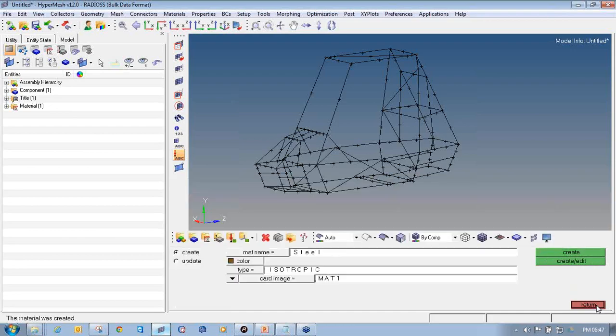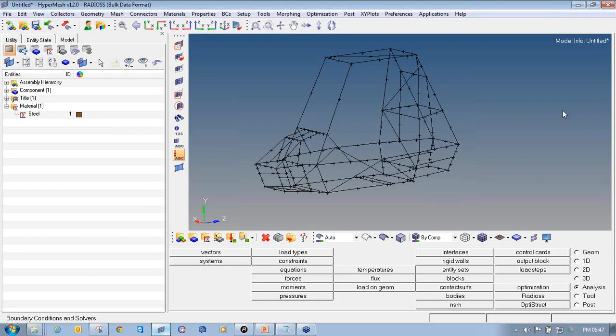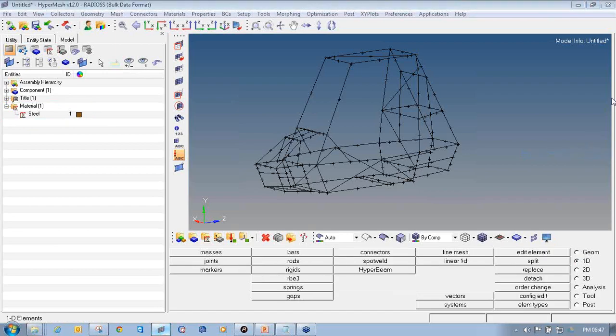Then click return to exit the material card edit panel, and again click return to exit the material collector panel. So in this way we can see on my model browser my material has got created. Now my next step is to define the property. But before defining the property, I will define the cross section which I can include in the